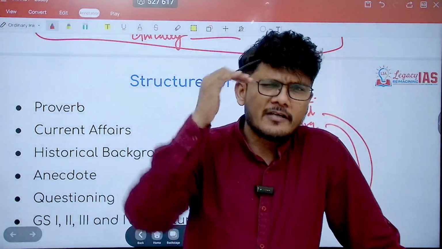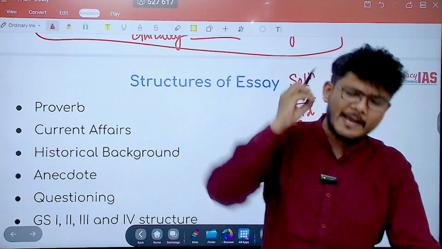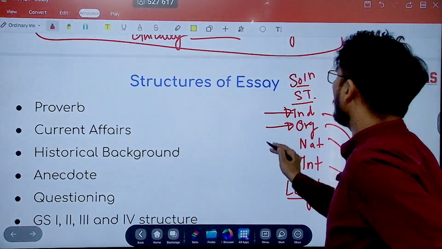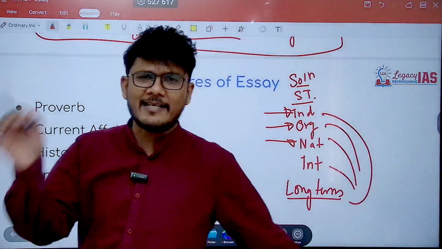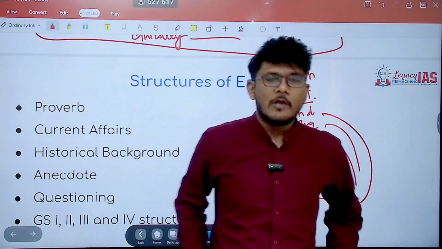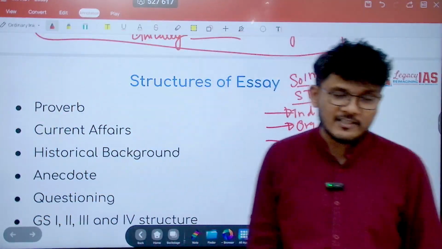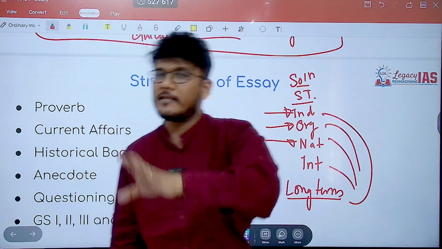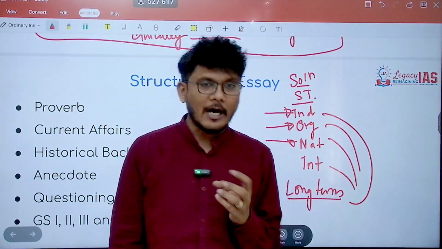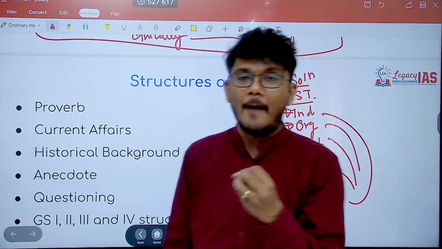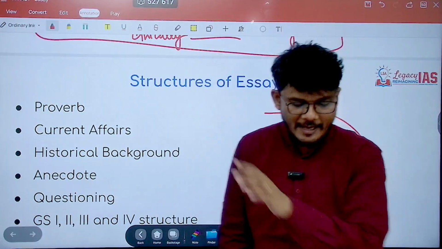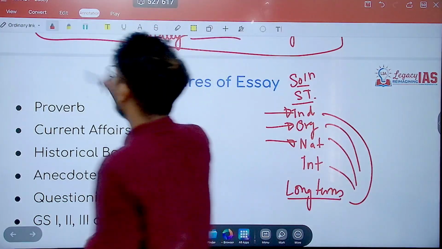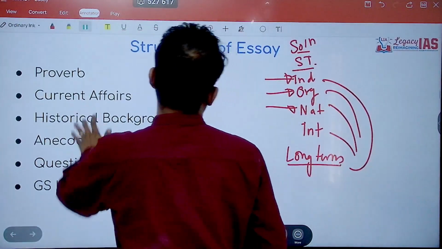The framework needs to be broken down into micro levels such that each heading, subheading or micro heading should not have more than 2 sentences in it. That should be your breakup. If your breakup of the essay has 10 sentences, 15 sentences, 100 words, trust me, that is not a breakdown. The breakdown should happen at a micro level, wherein each heading, subheading does not consist of more than 2 sentences. Right? I hope that's clear.